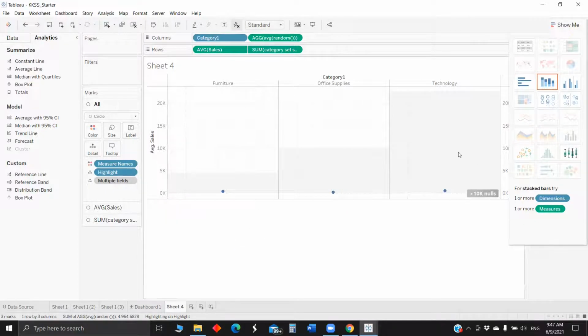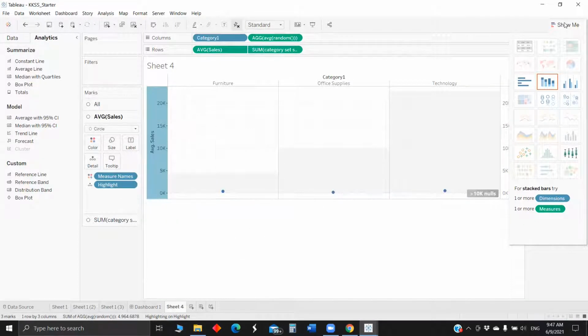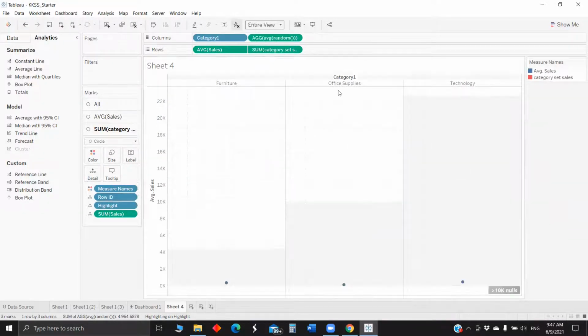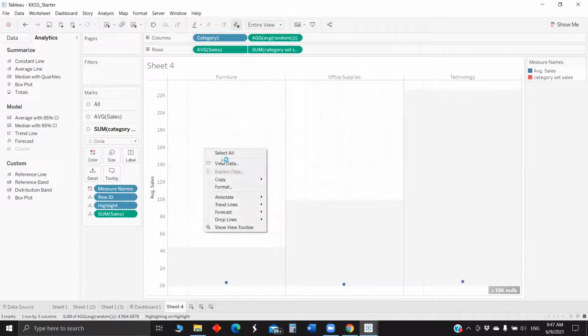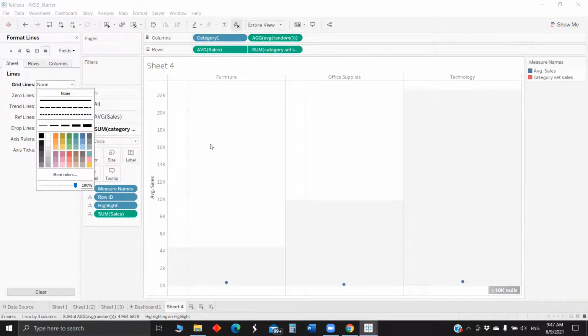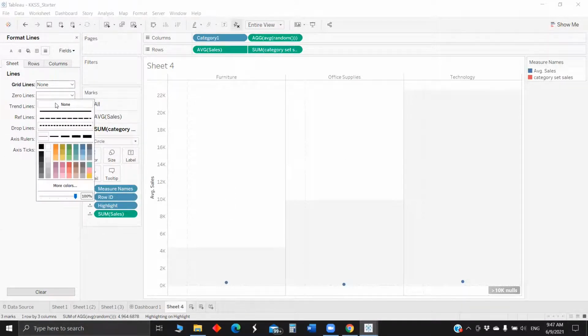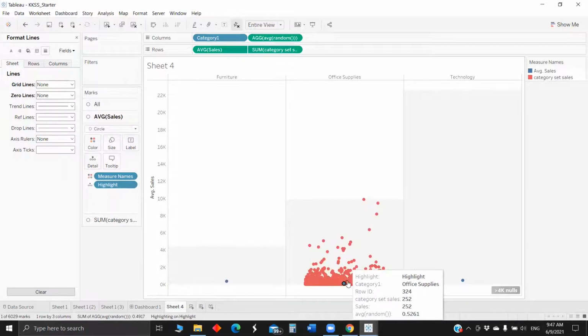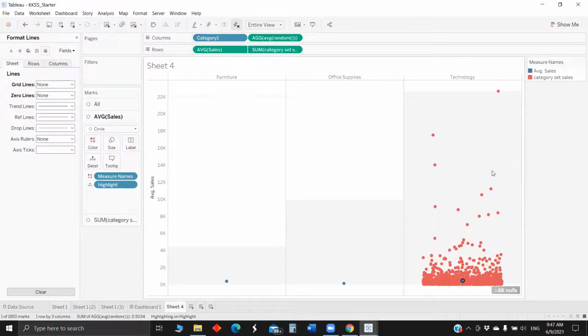We'll hide the header. We'll hide one of the axes as well. Rather than show header, we'll change it to entire view. Hide this category, and a bit of formatting: just remove the grid lines and all. Also let me remove the zero line. The dotted line here is nothing but the zero line which comes with the random function we have used. So now we have got the visualization. Once we tap on the average, we'll be able to view the distribution of sales. We'll be able to see the outliers and everything. Yeah, and this is about the second part.